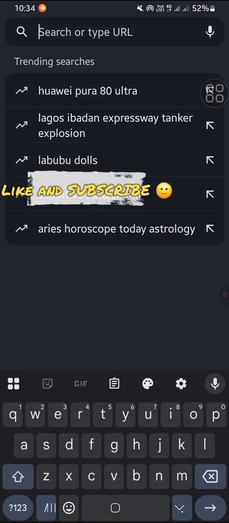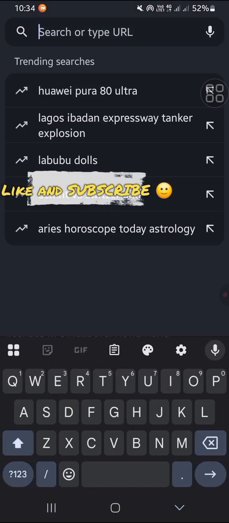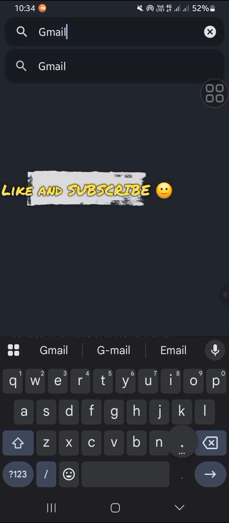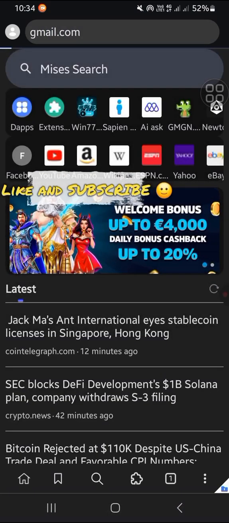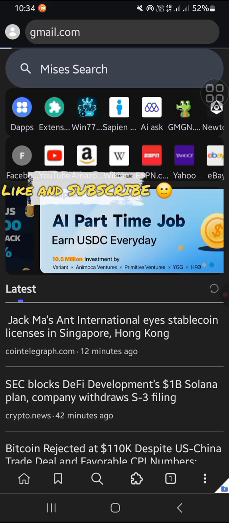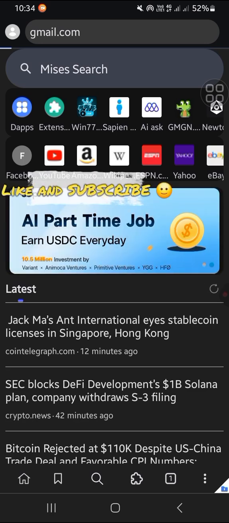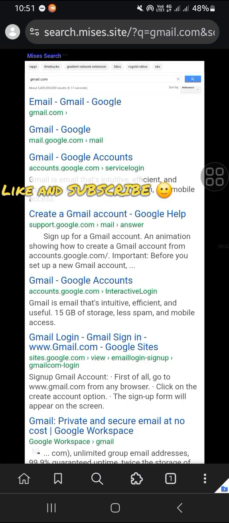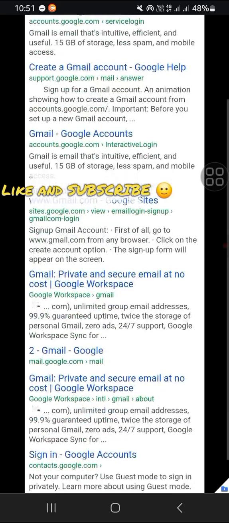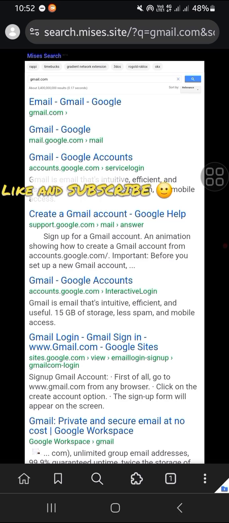So the first thing you have to do, if you remember, is to log in your Gmail in this browser, just as you would on your PC. So search for gmail.com. Now I usually recommend Gmail because it's widely acceptable over different airdrops from different places. So when you search for gmail.com on the MUSIK browser, this is what it looks like. I don't know why it looks like this, but it works, right? So you click on this Gmail, Google, one of these, and take you there,